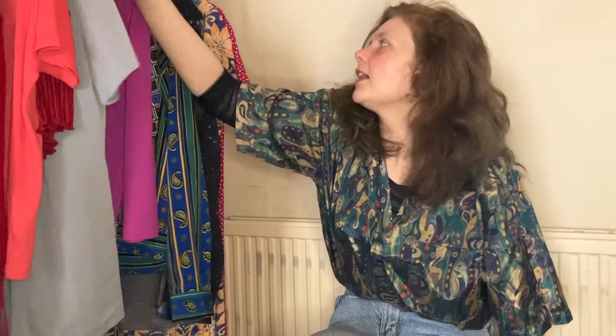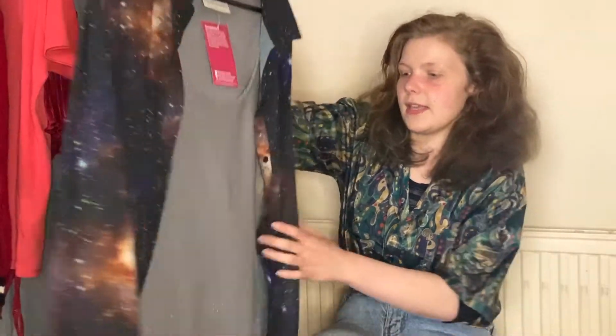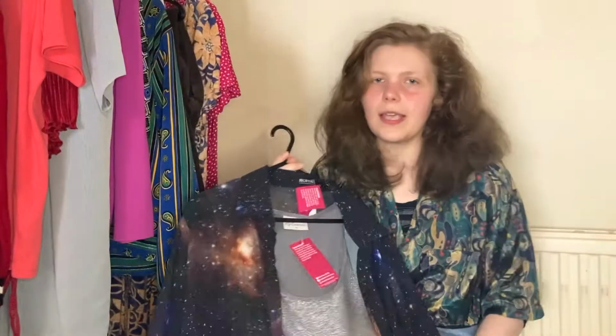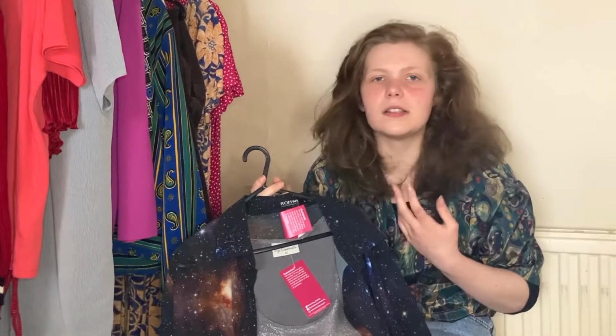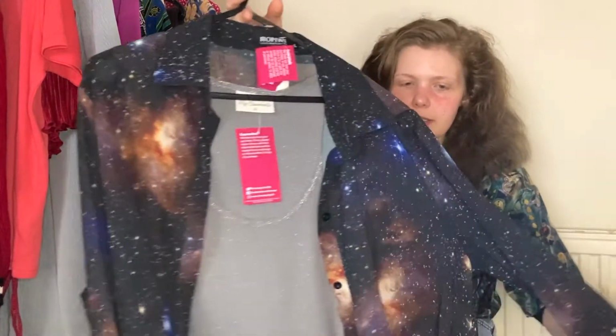And finally, the last things we bought in the way of tops were these two. Now, I've paired these together because they're both just modern brands that you can pretty much still buy this exact item of. It's not particularly interesting, but